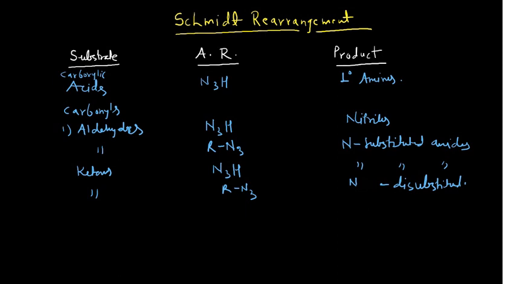Please remember this point: from aldehydes and from ketones, if you do the Schmidt reaction, it is the most important one, and most of the examinations ask questions from this only, where you have the aldehyde or the ketone as the starting material. But it is not limited to only this. You may also start this reaction with alcohols, and you may also start the reaction with alkenes. However, in NET and GATE examinations these are not very frequently asked problems, but they may ask.